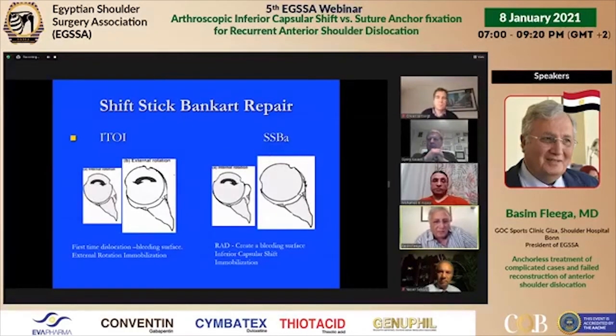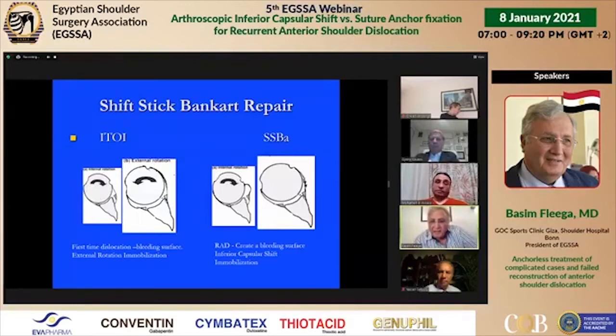That was because when putting on the capsule, you pull the labrum back to the anterior glenoid, and in the first-time dislocation, the anterior glenoid is still bleeding, so immobilizing it in external rotation leads to healing of the labrum to the glenoid. This inspired us to use this technique by creating a bleeding surface on the anterior glenoid